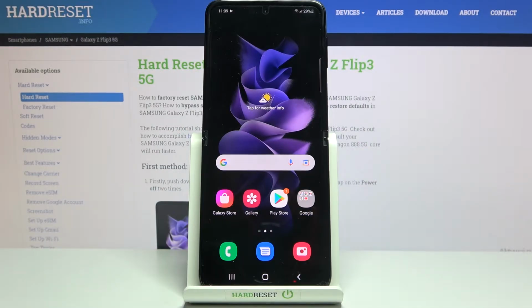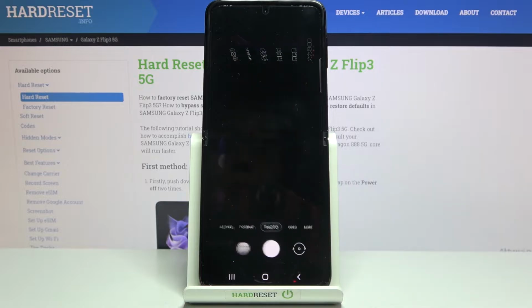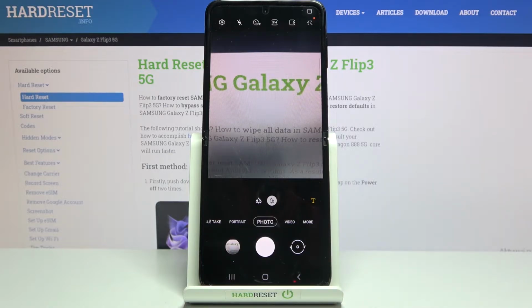Welcome, here I've got Samsung Galaxy Z Flip3 5G and I'm gonna show you how to change volume button function in the camera app at this device. So let's start by tapping on the camera button to open it, and for now we are on standard photo